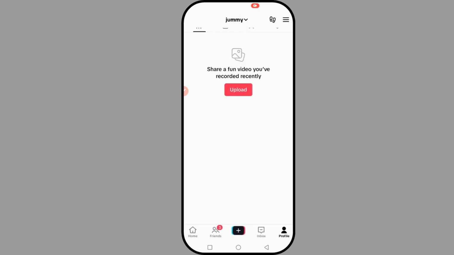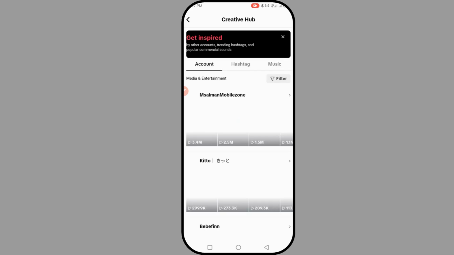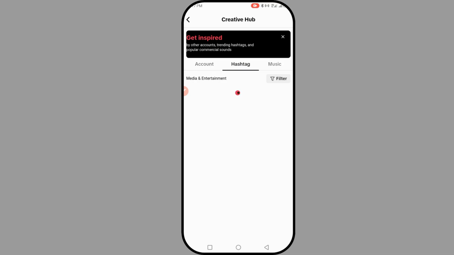and then the next thing you're going to do is wait for it to load. The next thing you're going to do is click on Creative Hub, and this is where you're going to see all your hashtag. So let's wait for it. Click on your hashtag,